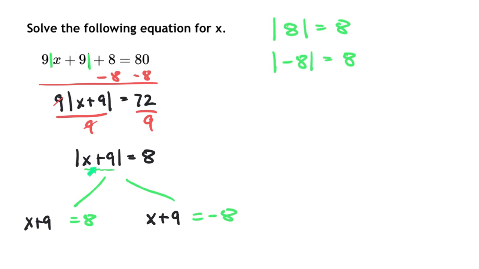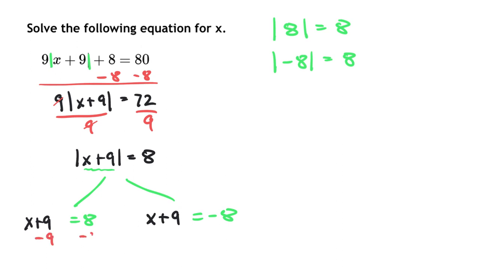You don't change the values on the inside. This is still a positive, and that's positive. You do get rid of the absolute values in this step. When you turn it into two separate equations, there's no longer absolute value bars around the x plus 9, because that's how we're undoing. We're using this concept above to understand why you have two separate answers. I think a lot of students struggle with that, so that's why I spent some time trying to discuss it,